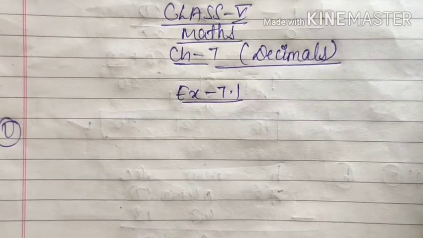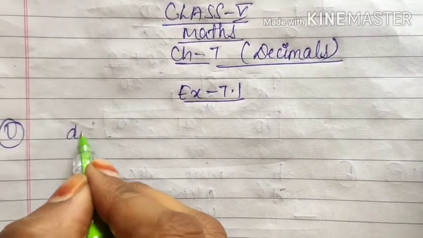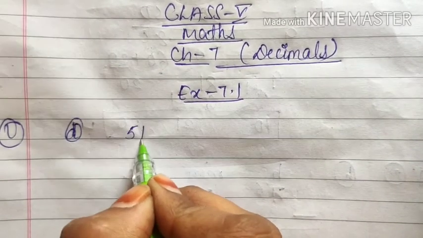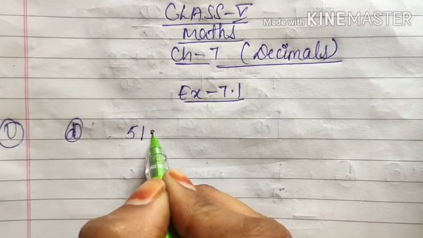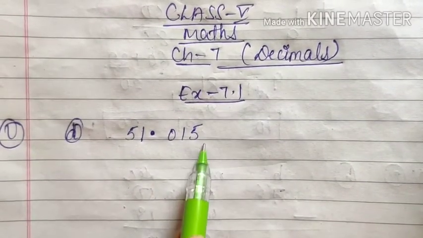In the first question, the number is given in words and we have to write it in numeral form. So I will do one as it is written in the book. Similarly, we have to write the others. Okay, I will do one for you. Suppose part D is 51, so write down 51. Then it's written point, so write down point. Then 015, as it is written in the book,